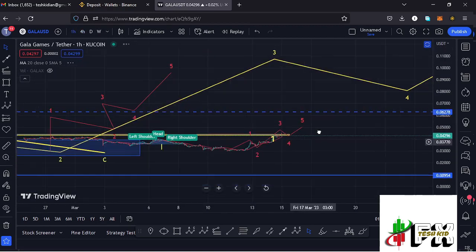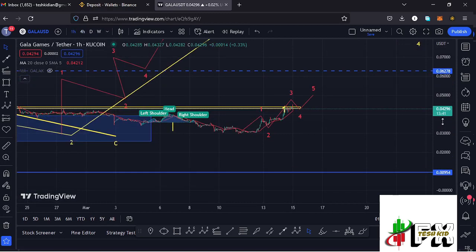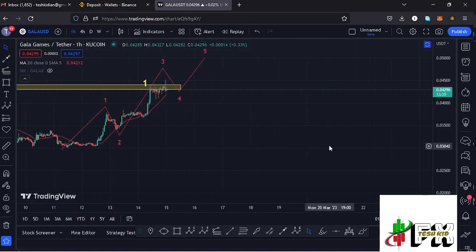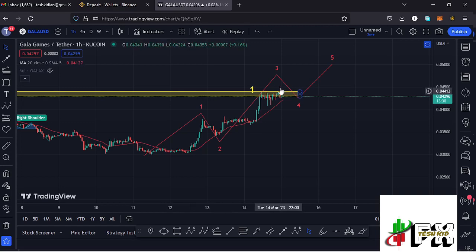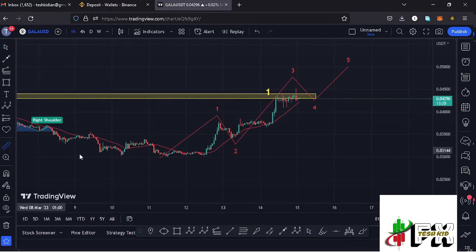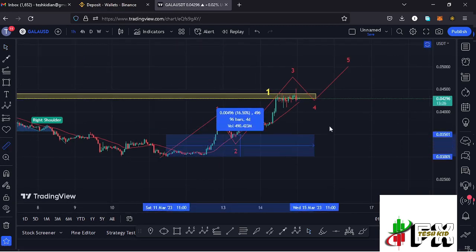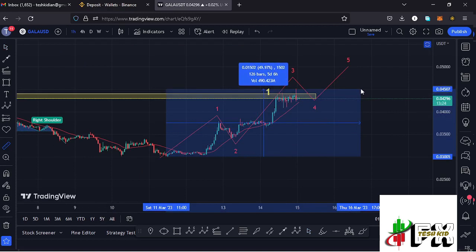So jumping to the 1-hour chart for further analysis and also give you the micro Elliot wave counts that I'm expecting in the formation of that higher Elliot wave count 3. You can see that after seeing our bottom in the formation of that wave 2, we started this massive bounce to the upper side, and by first giving you a measure from this low of the second wave to the highs that we have made at around the $0.4515 mark, you can see that the market is up by more than 50.22%, which is a very nice bounce to the upper side.